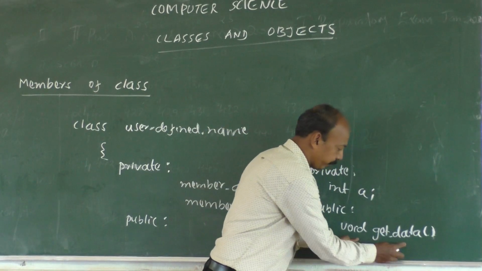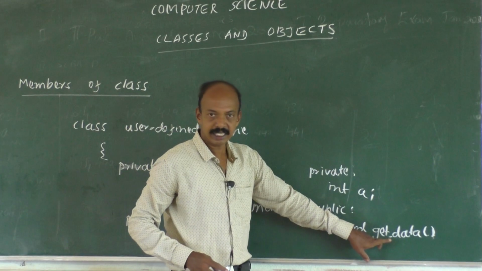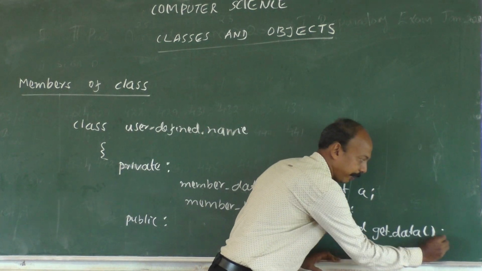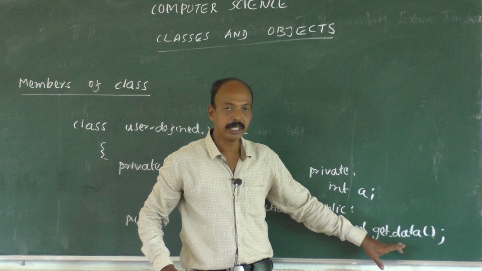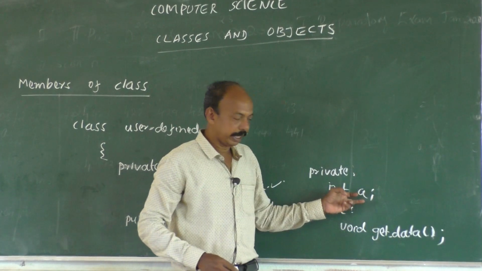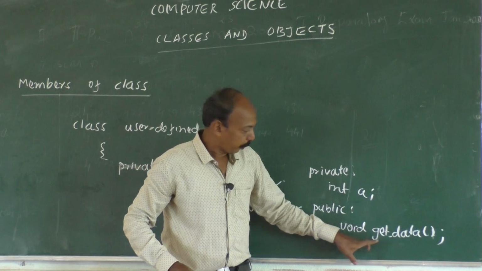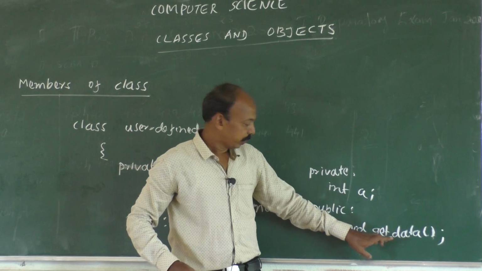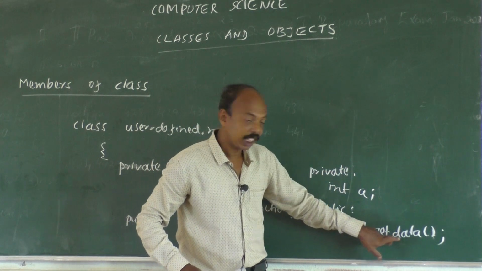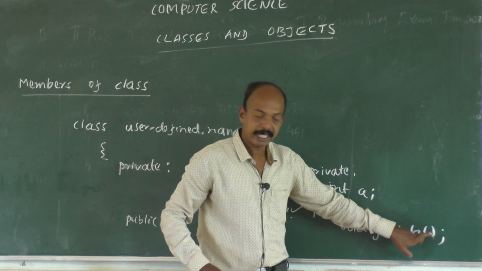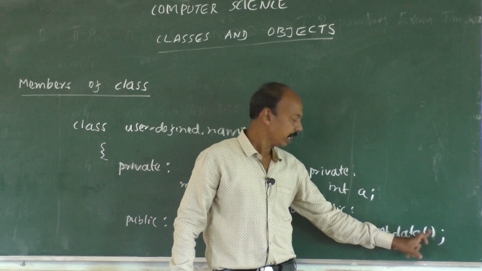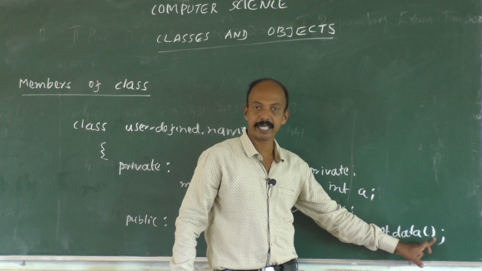We may define this function inside the class or outside the class. If you are going to define it outside the class, here we just have a declaration and we are going to define it outside the class. Just have a note here. Whenever we write a function, there is a return type, function name, arguments may be there or may not be there. If there are arguments they will be written inside the bracket, or just empty circular brackets.